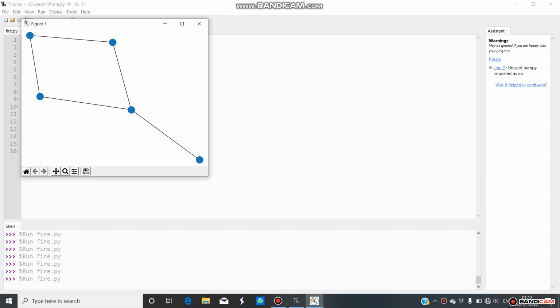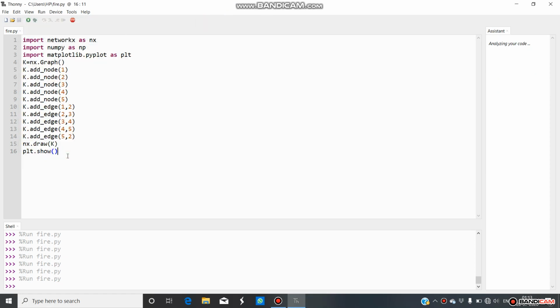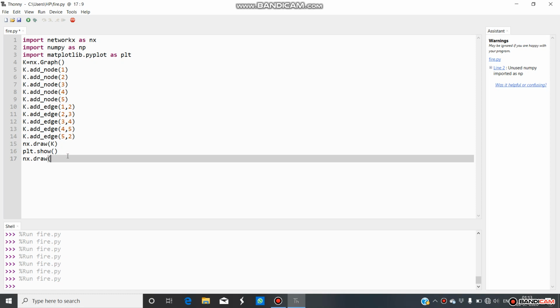Now we are going to add labels for this and change the color of the nodes. For this we use nx.draw, name of the graph k, with labels equals 1, comma, node color y.